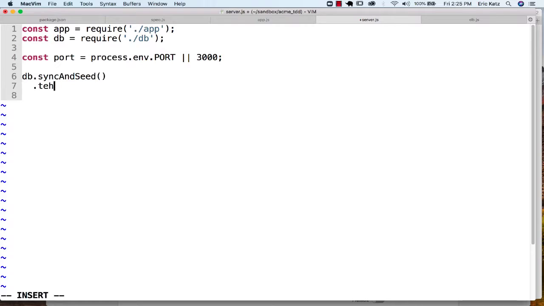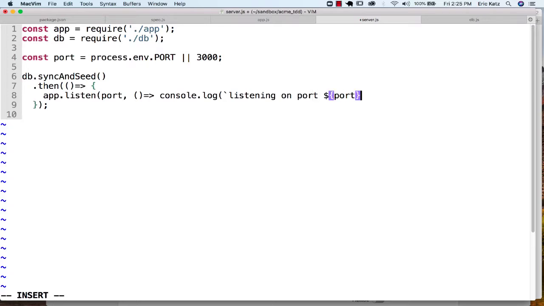If that's successful, then what I'm going to end up doing here is I'm going to specify, hey, look, app, I want you to listen on port, and I'm also going to log out, console.log, listening on port, close that, 1, 2,